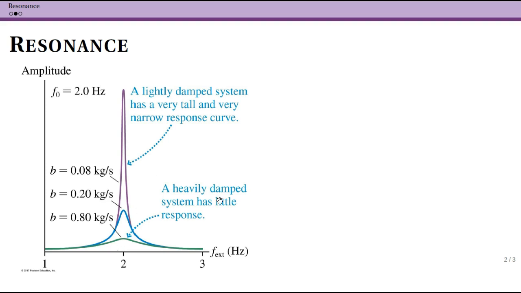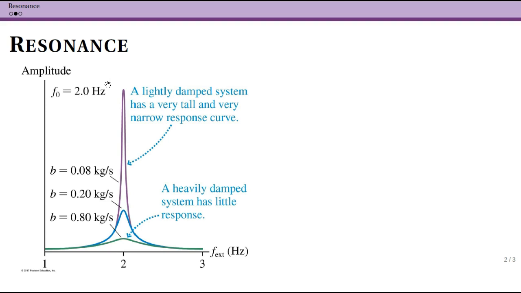Now, if you have a heavily damped system, remember that B is our damping coefficient. So if we have a heavily damped system, i.e. there's a lot of drag, so a lot of friction or a lot of air resistance, such as a child on a swing, you don't see that much. However, as the air resistance or friction, whatever damping force you're thinking about, decreases, this amplitude increases. And in this case, there still is some damping. And in fact, mathematically, if there was no damping, you could get infinite amplitude if you drove your system at